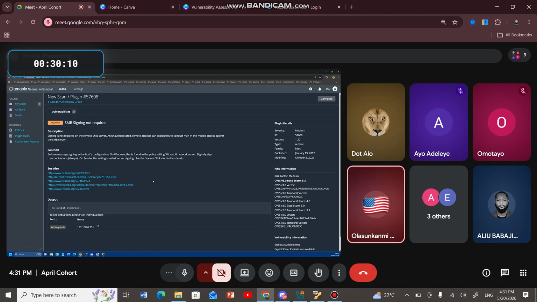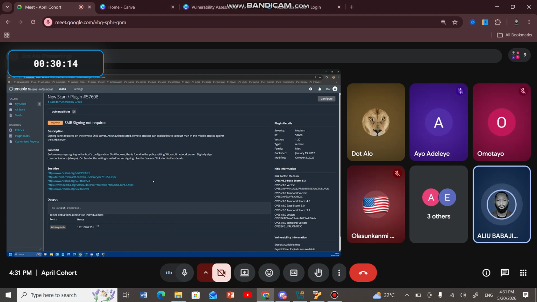Okay, good. So now let us talk about the first vulnerability discovered on Windows 8. You would see that the name of this vulnerability is SMB signing not required, and this is a medium vulnerability. The description